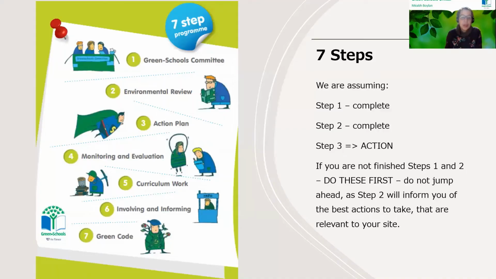So just an assumption, I suppose, at the start of this session, we're at the end of January. So ideally, if you are in year 1 of your work, and certainly in year 2 of your work, you should have completed step 1 and step 2 before now. So step 1 is your Green Schools Committee should be established, and step 2 is your environmental review should be complete. So the environmental review for the Green Schools theme is, there's 2 criteria that need to be met for